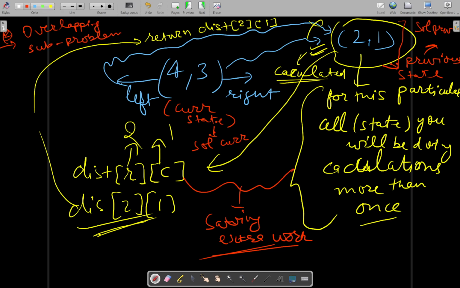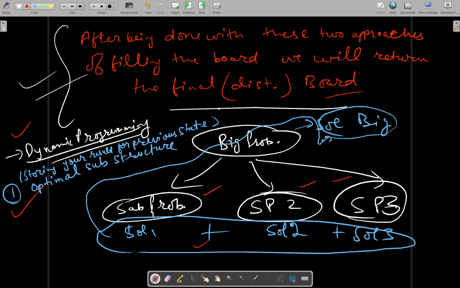If these two properties are being satisfied from the approach you will be taking, then you can apply this dynamic programming approach, which is nothing but storing the result of the previous states and then building the solution for the current state from